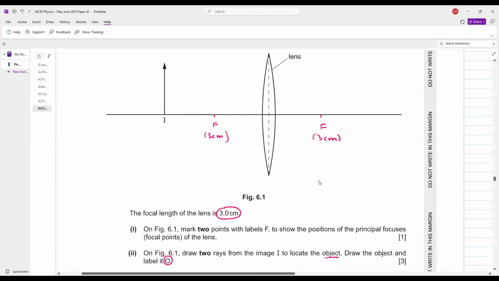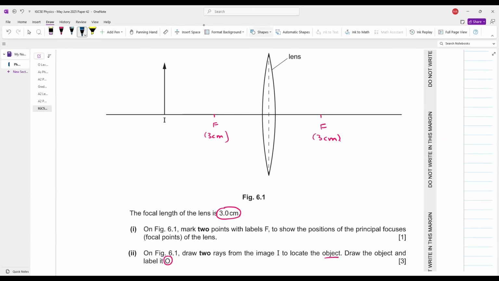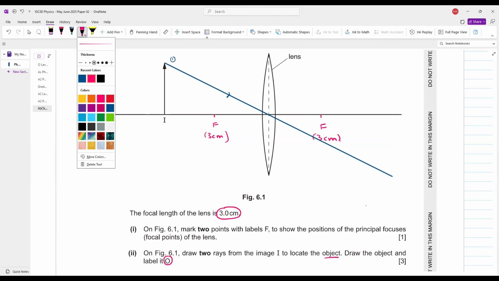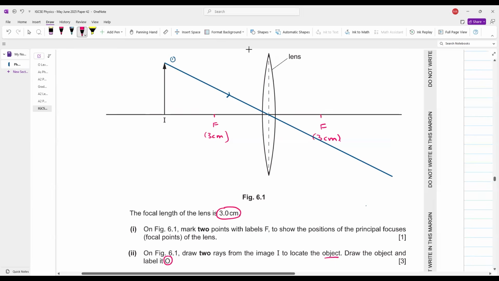अच्छा बेटा, आप यहाँ पे क्या करोगे? फर्स्ट ऑफ ऑल व्हाट यू विल डू इज यू विल ड्रॉ द फर्स्ट रे। हमेशा इमेज से हमारी कौन सी रेज निकल रही होती थी? वन पासिंग थ्रू द ऑप्टिकल सेंटर। ये आपकी पहली रे हो गई। First of all you will draw a ray passing through the optical center like this। Okay, this is your first ray। बेटा सेकंड रे किस तरह की बनाओगे? The second ray will be a ray passing through the focal point like this।